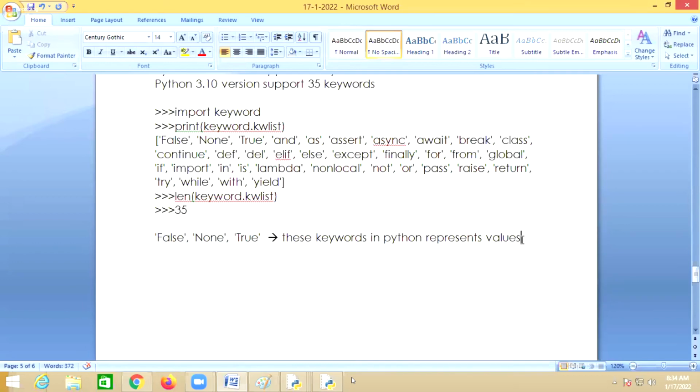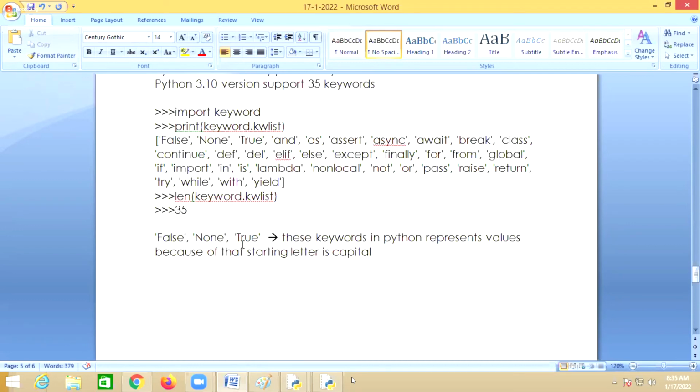Because of that, the starting letter is in capital, to differentiate these 3 values from the other keywords.